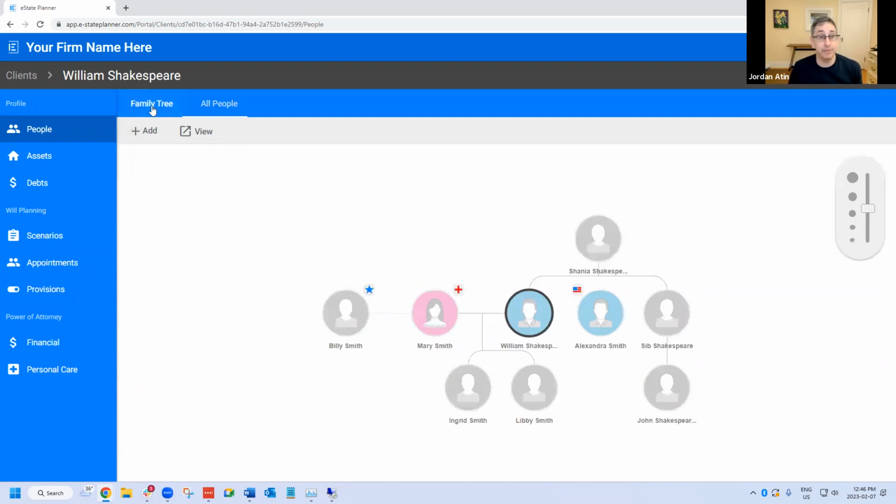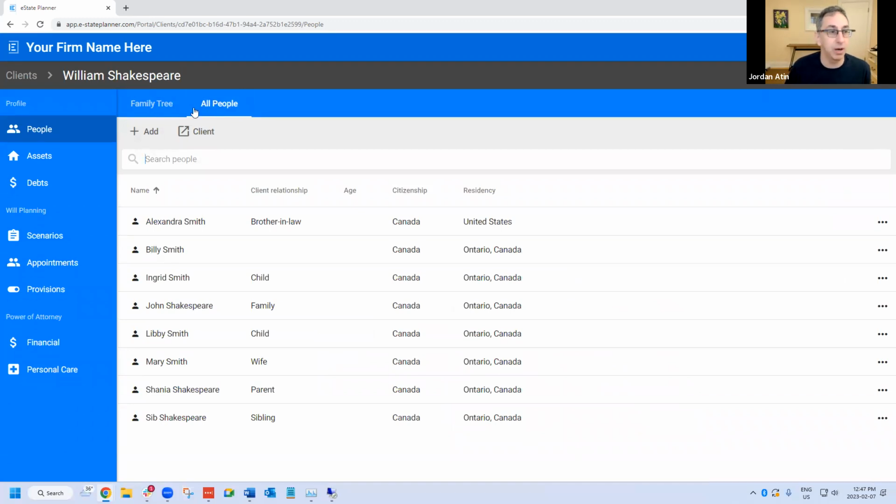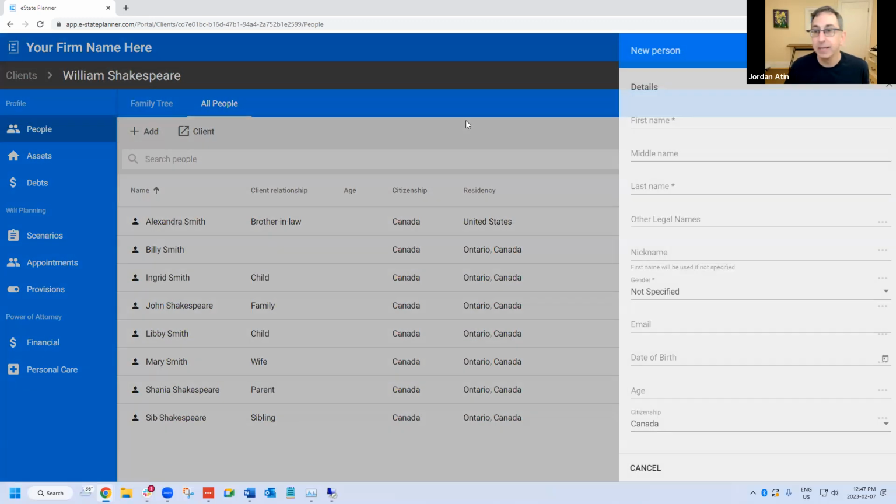So let's talk about how you add family members. This is how you would add a closely related person that you want to include in the family tree. What about a cousin? You've got a first cousin. You don't want to build out the parents, the siblings, the nieces and nephews, the siblings of the parents. We don't want to do all that. We just want to add a cousin. So then just add a cousin. Go to all people, because we're not putting them in the family tree. So you go to all people, add, put in their name,